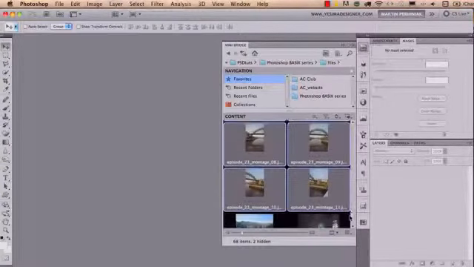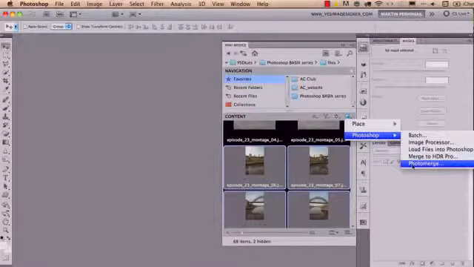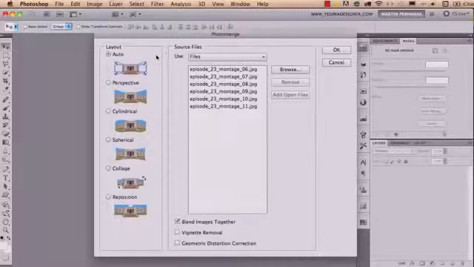So I have 6 images and I took these photographs in Newcastle of the Tyne Bridge, and I would like to merge them into one panoramic photograph. I will click on this little icon here in Mini Bridge, which is the Tools option, and I will choose Photoshop Photo Merge. In this dialog box, nearly always I choose Auto Layout,